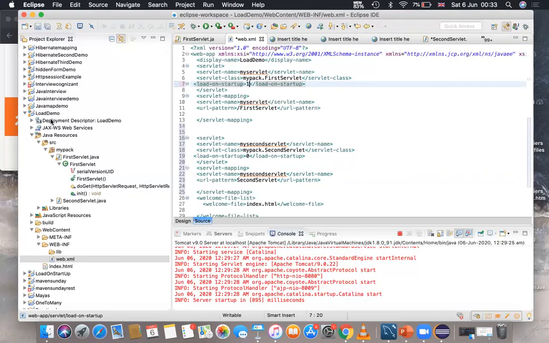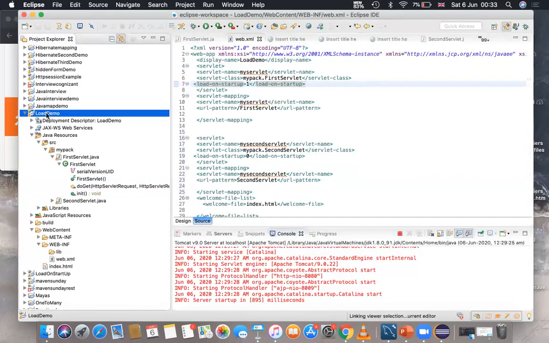Let us check that in our result. Let me save this. It is taking some time to save. The container will load the servlets in the ascending order. Okay, so let me run this project.